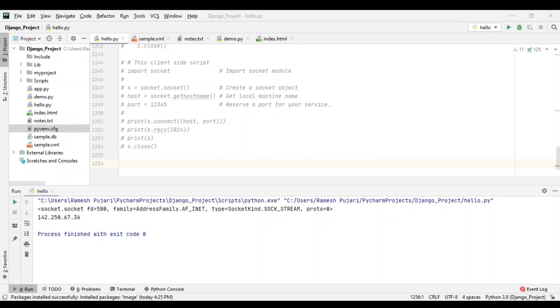One more is SQLite. The SQLite database is stored in a single file on disk, similar to the file system, but it is a built-in Python library. When we install Python, it comes bundled, so it is installed automatically by default. We need not install it separately for this database, and we can access the connection easily.